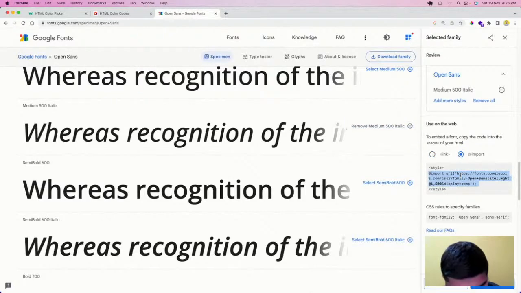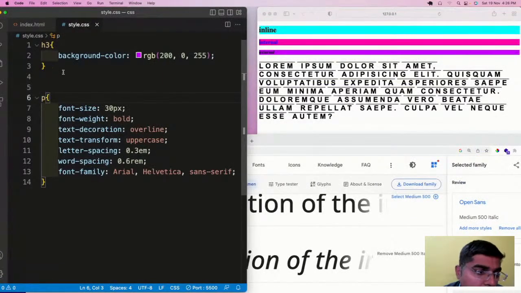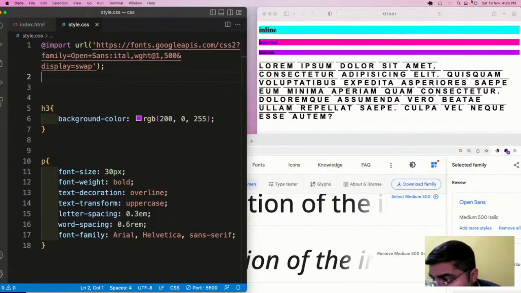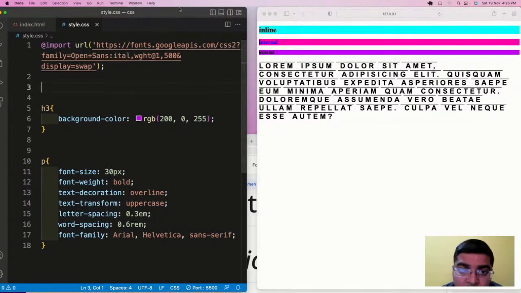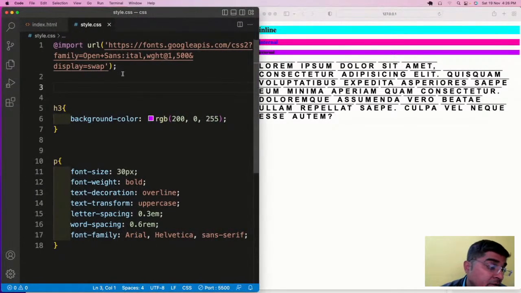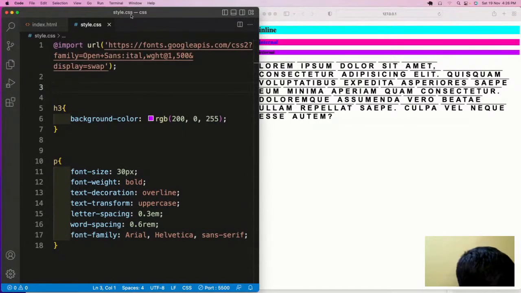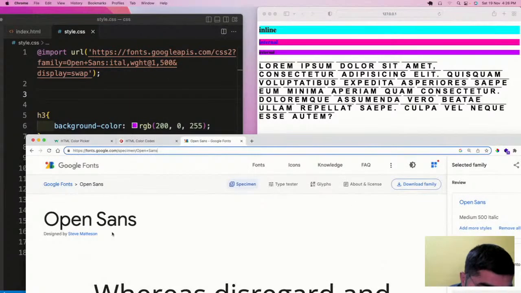We will import this. Control C, and at the top we will paste it. Now we have imported this Google font to our VS Code. Now how to add it? The name of the font we have added here is Open Sans.